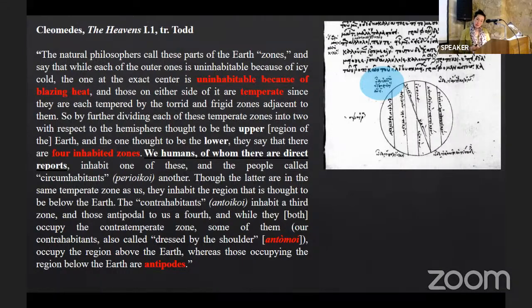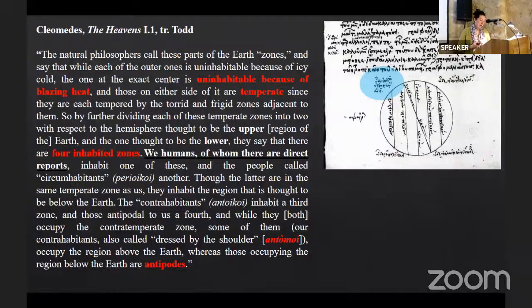Yes, and I think I can continue a little bit further. So by further dividing each of these temperate zones into 2 with respect to the hemisphere thought to be the upper earth, and the one thought to be the lower, so again the same spatial words appear, they say that there are 4 inhabited zones. We, humans, of whom there are direct reports, inhabit one of these, and the people called circumhabitants another. And then he would enumerate the rest of the groups that inhabit the earth, including the